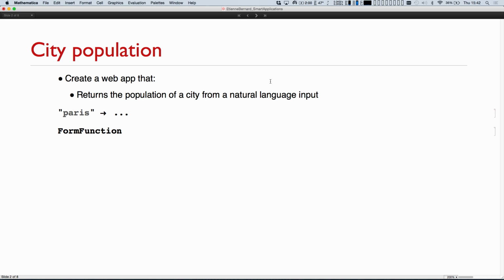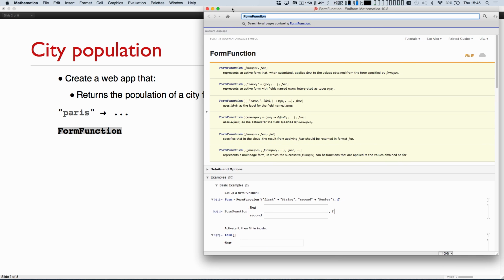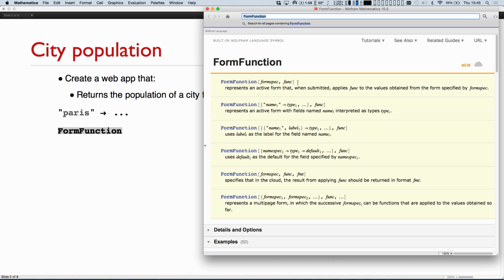So did you guys have a solution? Do you have something that works? Or some of you? Maybe we can start giving some elements. So, OK. So you have to use a FormFunction. And let's see how FormFunction works. So we go in the documentation. Let me make that bigger. And if you look at the specification here,